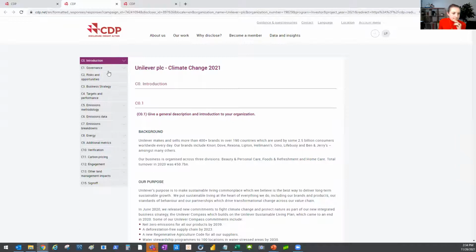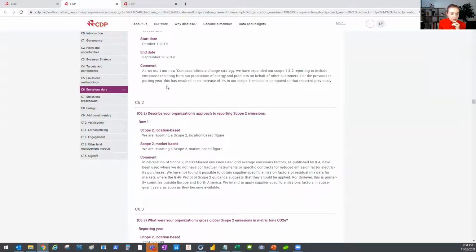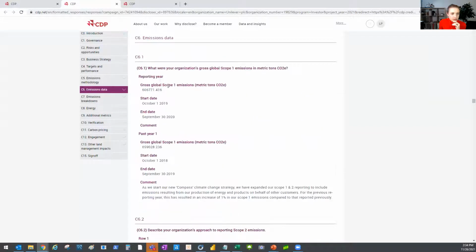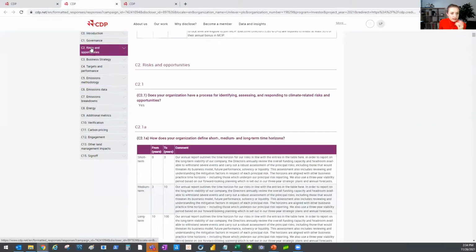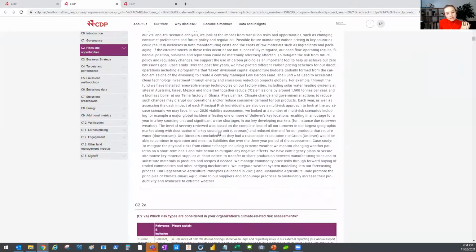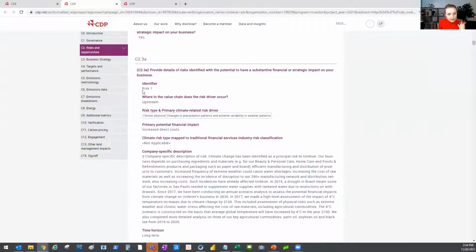And then there's all of these separate sections here. If you want to see the emissions data, you can go to scope 1, 2, 3. So it starts here, and they'll give you a breakdown of emissions in this section. The other cool part that I really like is this risks and opportunities section. So you can see how a company's thinking about sustainability, but then if you scroll down, sort of the treasure trove from my perspective is the section that starts